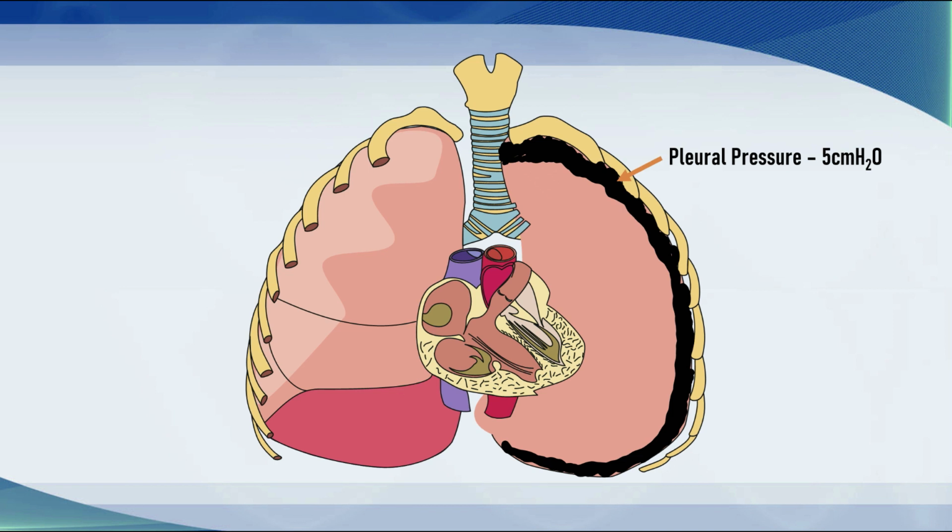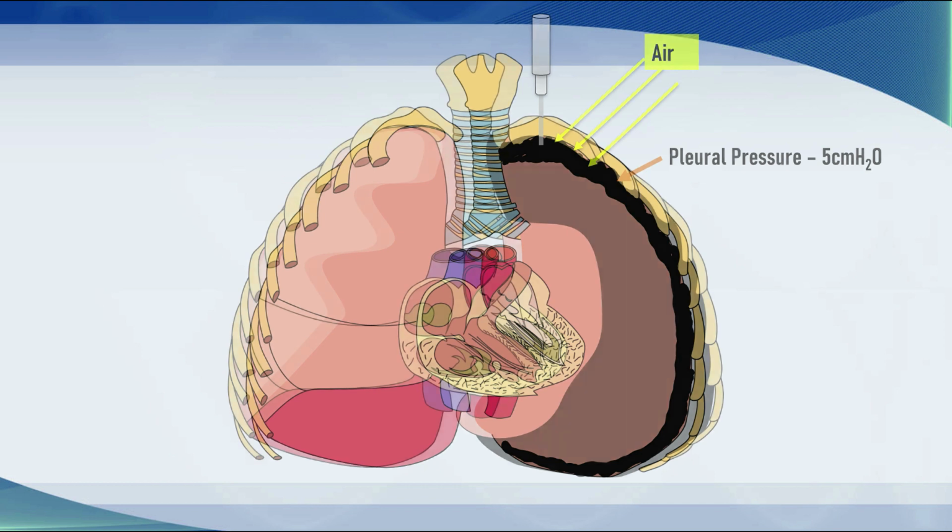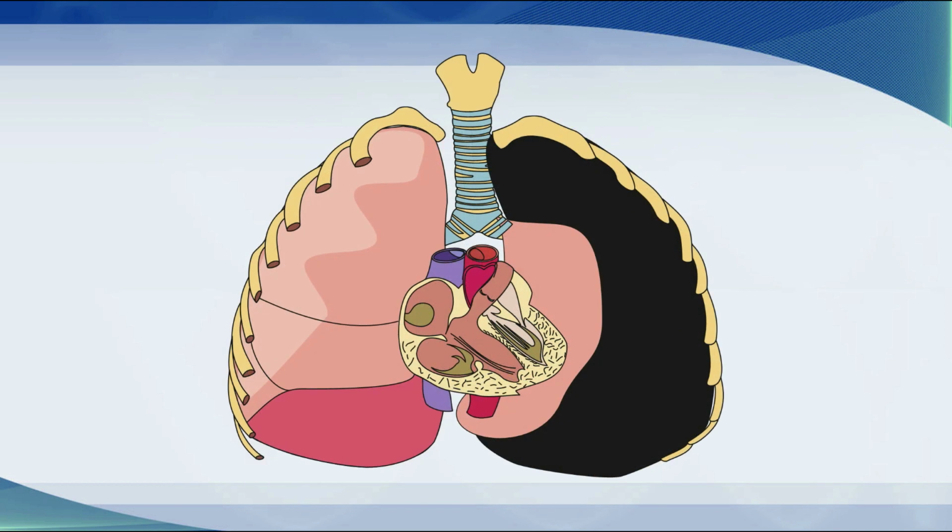Now, if a clinician comes along and attempts to, for example, insert a central line and perforates a pleura, immediately what happens is that gas will be drawn in along that pressure gradient from atmospheric pressure in the room into the negative pressure within the pleura, and that air just rushes in through that hole, that defect in the chest wall, and the defect in the pleura, and that pleural space will fill with air until the pressure within the pleura is the same as the